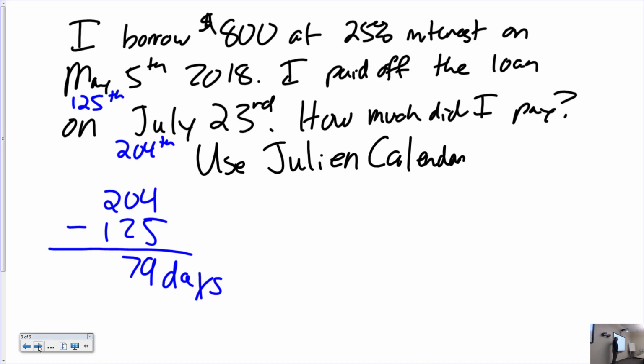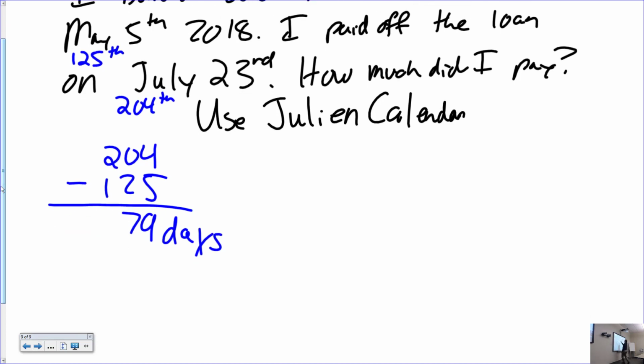Please note, folks, we're going to learn on Wednesday how to deal with this when these aren't the same year. When they're in the same year, you can just subtract. When the two dates are not the same year, then it's a little bit more complicated. All right? But if we wanted to calculate the rest of this problem, folks, then it would just be